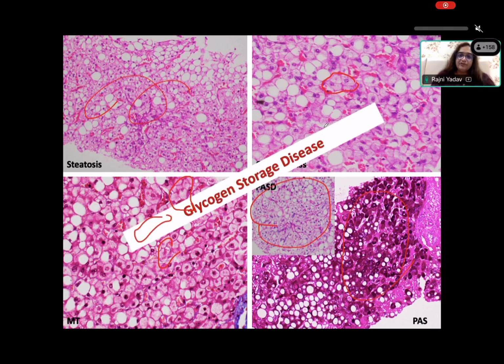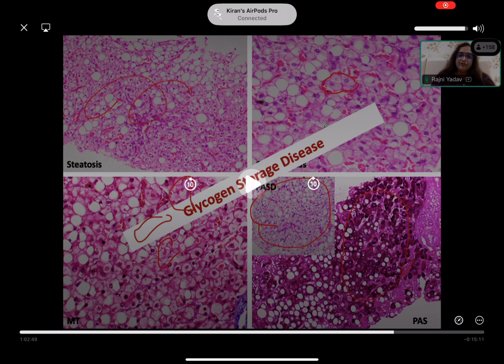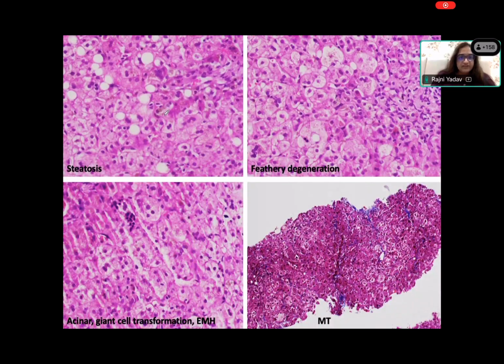So the type 4 glycogen storage shows the fat and the ground glass hepatocytes. Again, that's an inherited disease. This is again another